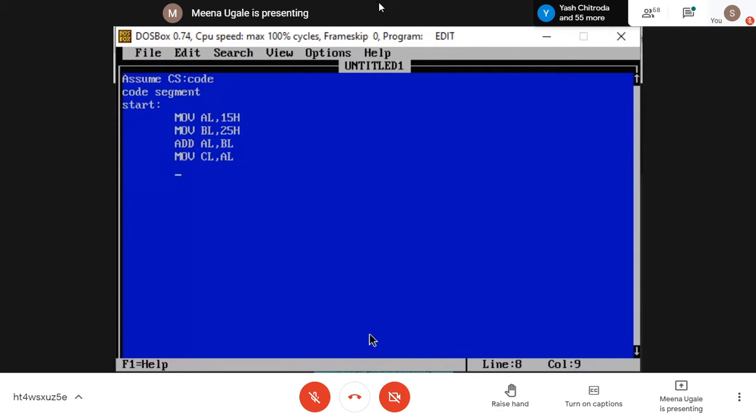Fine. Now after this, when you are going to run this program in the assembler, you need to know that this is the end of the program, the termination of the program. For that, we are going to use one instruction for calling the interrupt in the program. That interrupt I can call with the help of the INT instruction.